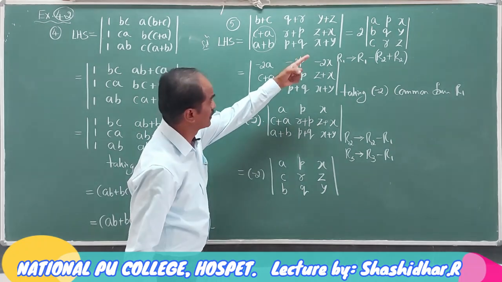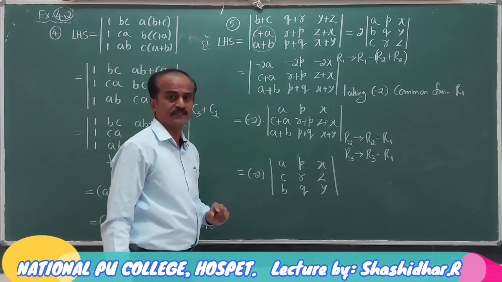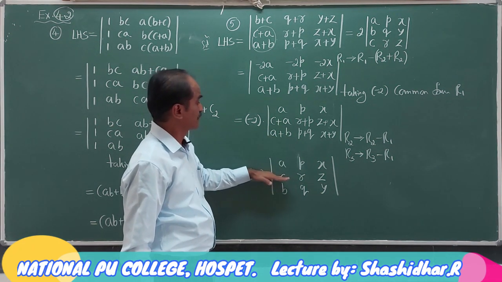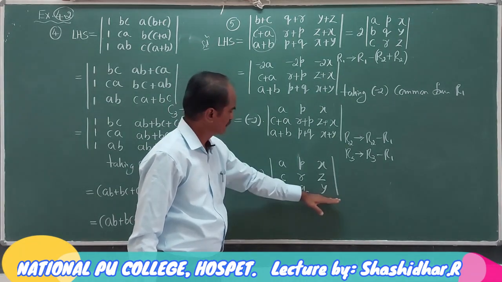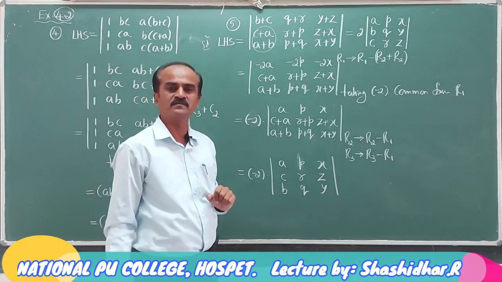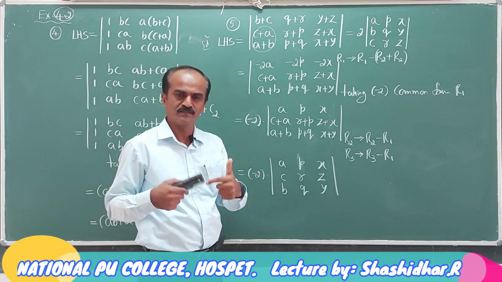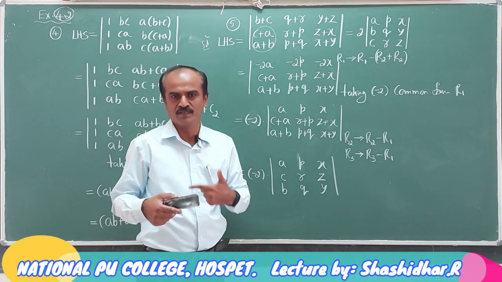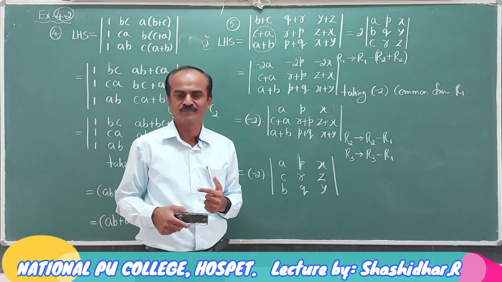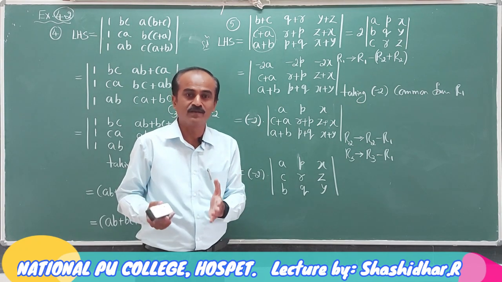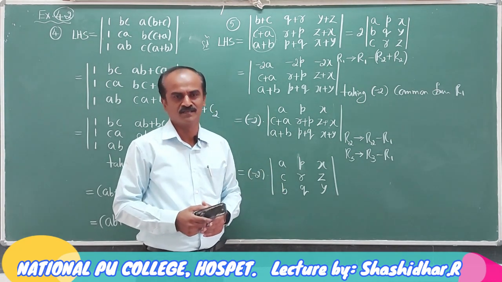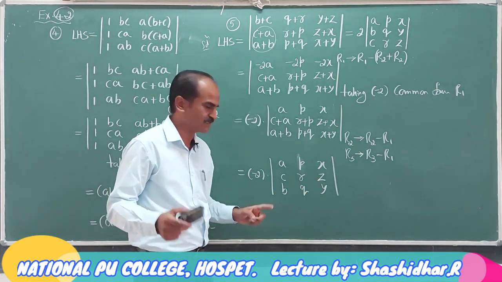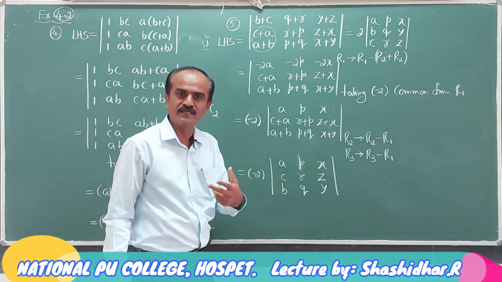But look at the result to be proved. It is plus 2 times the determinant. First row A, P, X matches. Second row C, R, Z, but it is present in the third row. Here third row B, Q, Y, it is present in the second row. They are shuffled. Now there is one more row operation. I can interchange these two rows. If you interchange any two rows, what does the property say? The sign of the value of the determinant changes. So now on interchanging these two, this whole determinant sign will change. Now it is negative. After interchanging, it becomes positive.